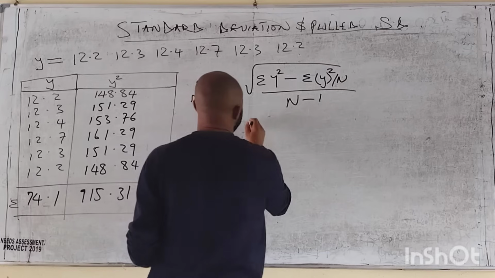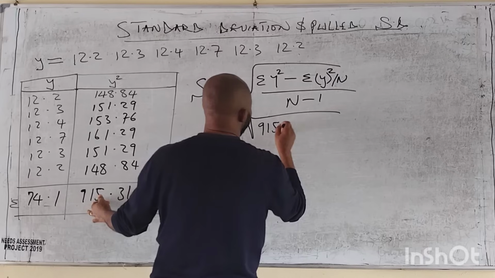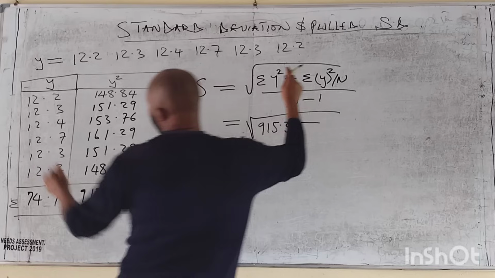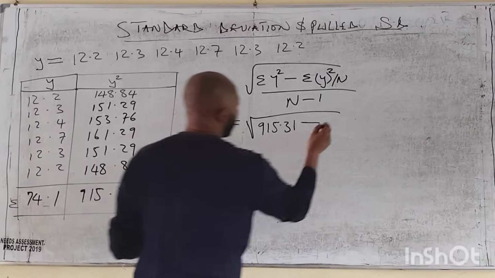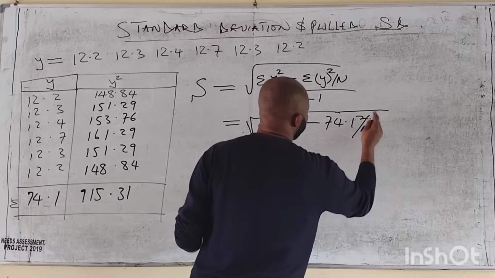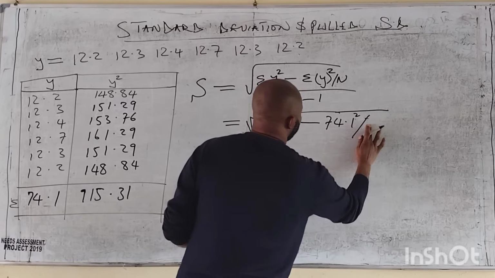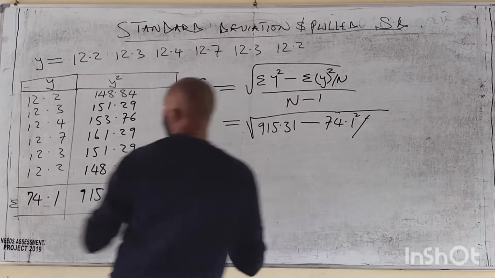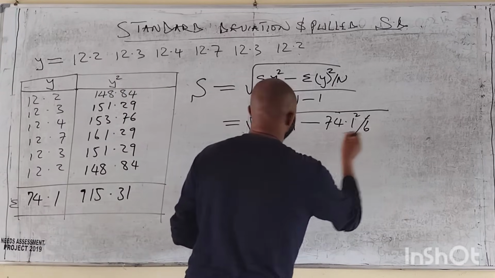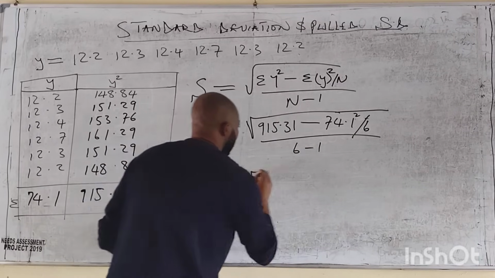So I have the root of 915.31 minus the summation of y squared, which is 74.1 squared, over n. N is the number of degrees of freedom: 1, 2, 3, 4, 5, 6, over 6, all over 6 minus 1. And this is equal to